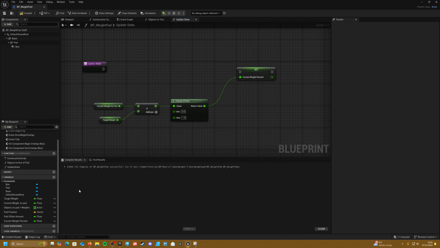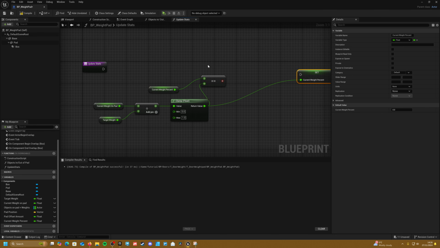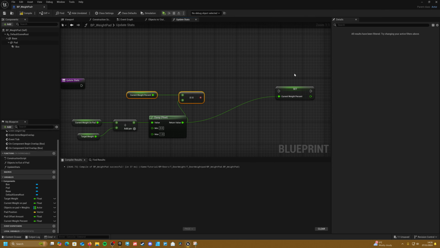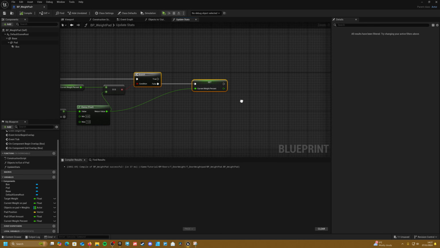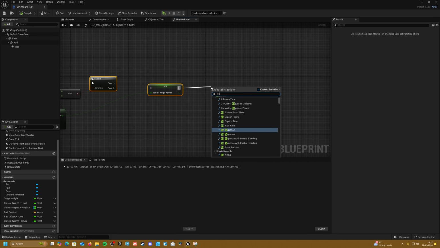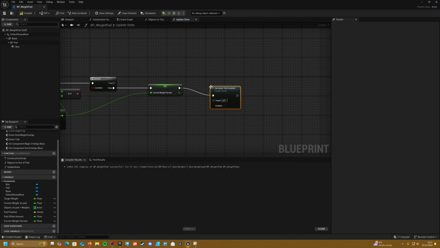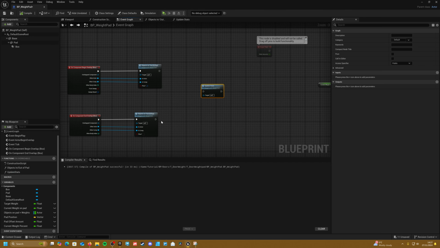Now, just for a little bit of housekeeping here, what we can do is say if this is equal to this guy prior to being set, we're going to do nothing. But if it isn't, we're going to set it. Now, because we're using the event tick to move our pad around, what we can also do is drag out here and set actor tick enabled and make sure this guy's on. And if we compile and save and make sure this guy's set up after our begin overlap and end overlap,